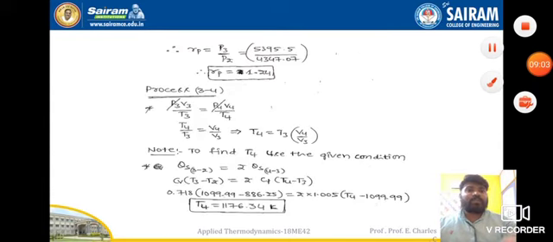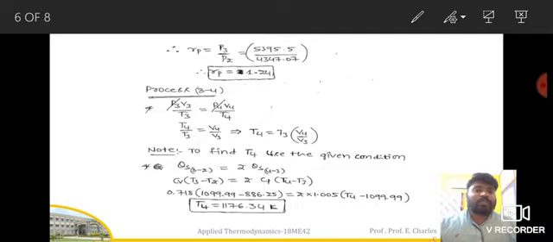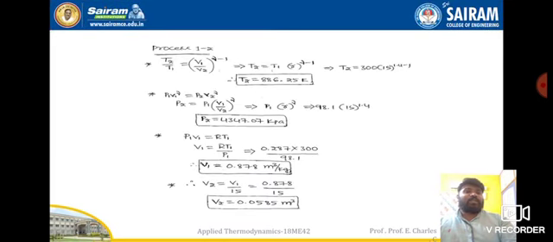So this is how we need to find it. The only thing is, we need to concentrate much here. You need to understand it better so that you will not make any mistakes while solving the problem. This is the condition given. To find T4, use the given condition. Apart from this, if you use any other method, it will become wrong. QS of 3 to 2 process is twice that of QS of 4 to 3 process. With this condition, you need to find T4. Then this T4 will be used in the other equations to find the remaining values.